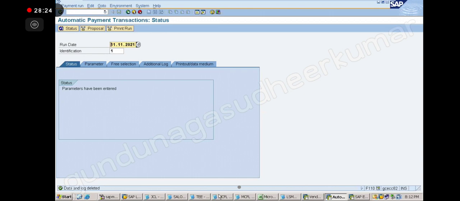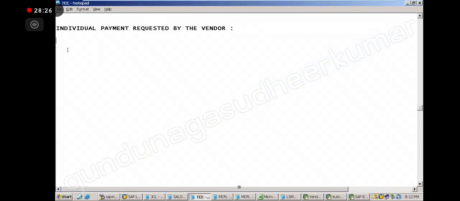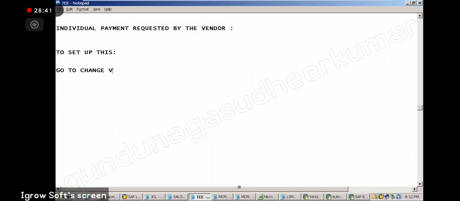Now I am going to note down how to set this up. Note down: go to the vendor master record, change vendor master record, K02.